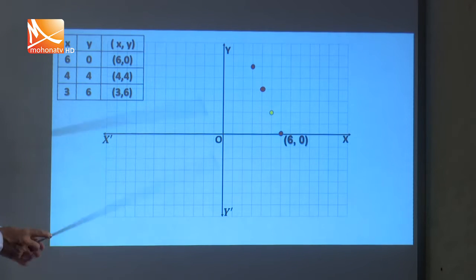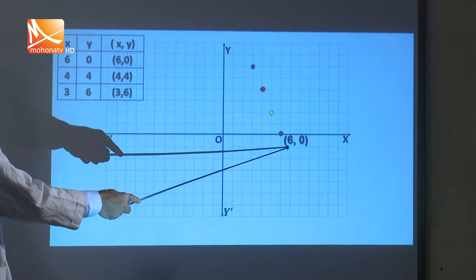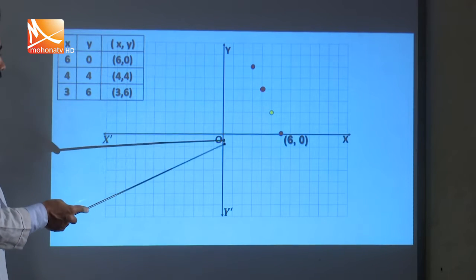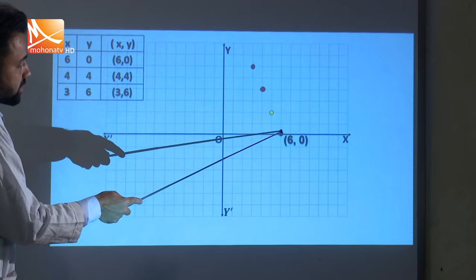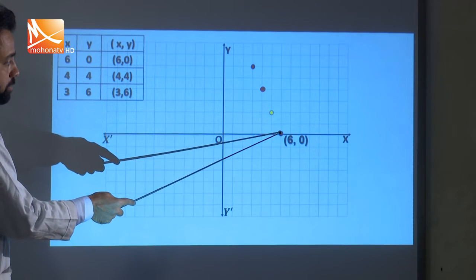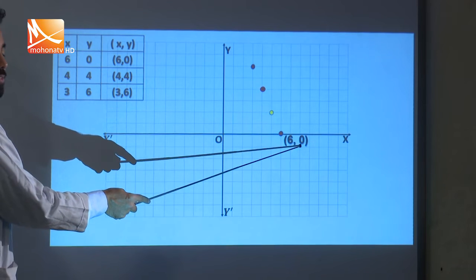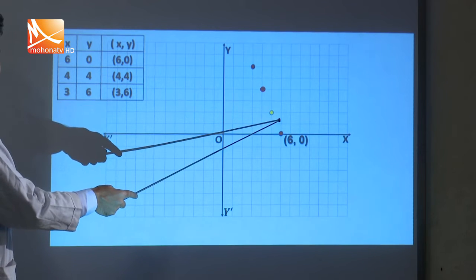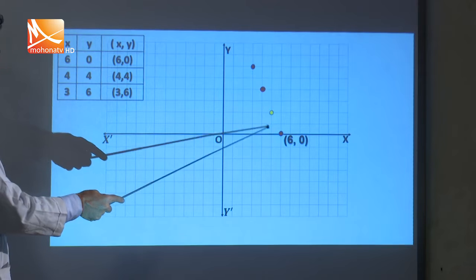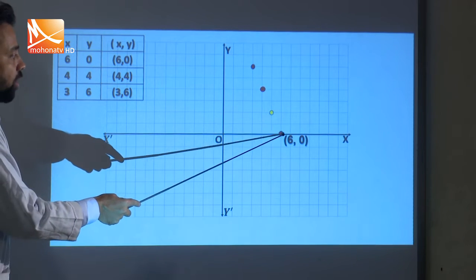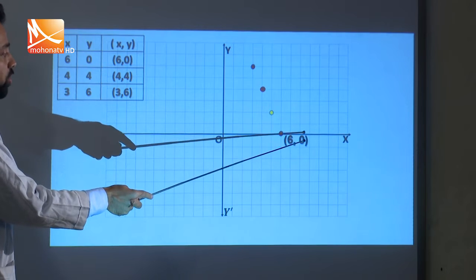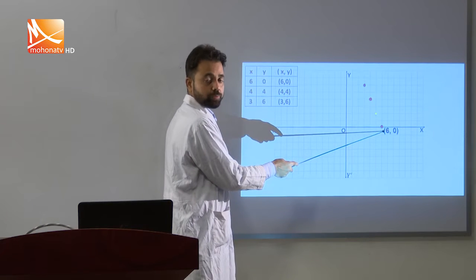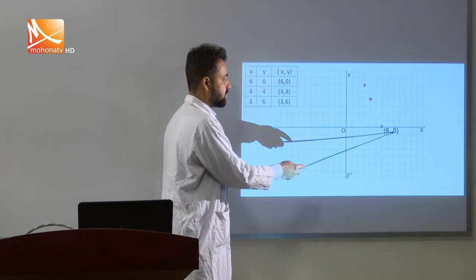This is (6, 0) because abscissa is 6, that is the value of x is 6. So, we need to go 6 units from origin towards right side. So, 1 2 3 4 5 6, and y is 0. So, this is the position of 0 because 0 is the value of y, that is ordinate. If you go upward, then ordinate is positive, and if you go downward, then ordinate is negative, and on the x axis we know the ordinate is 0. So, since here ordinate is 0, that is the value of y is 0, the position of this point will be on the x axis, that is why (6, 0) is here.